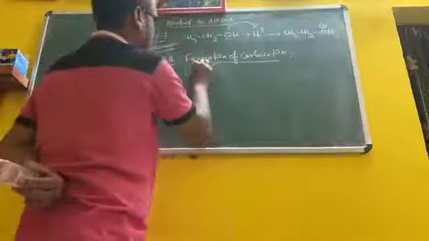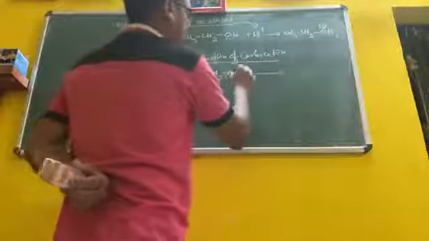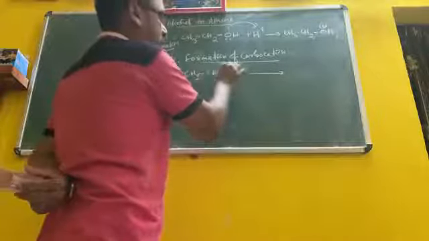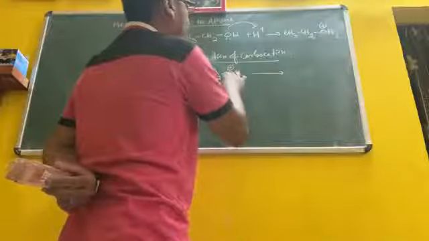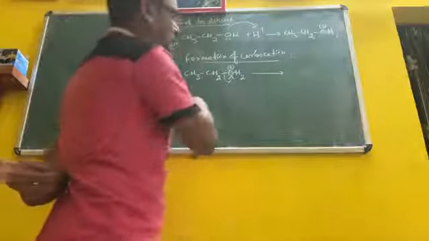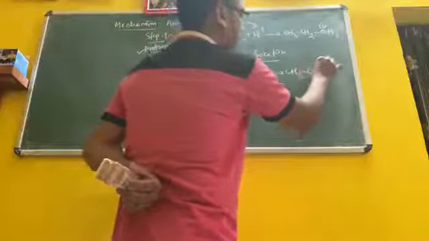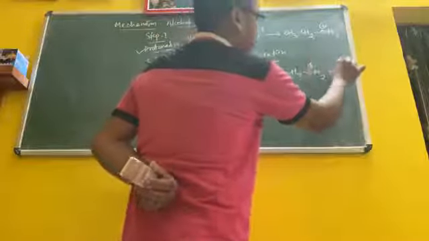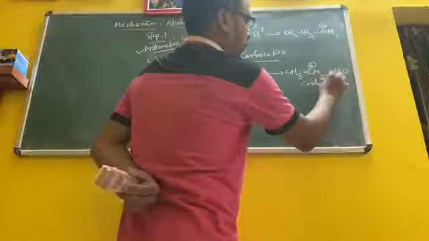You see this one. CH2, OH2 plus: the bond is between carbon and oxygen. Which one is more electronegative? Oxygen. More electronegative element is positive, so it will easily accept the shared pair of electrons of carbon, and it will be detached as neutral H2O, water. This is your carbocation. I think all of you are clear.